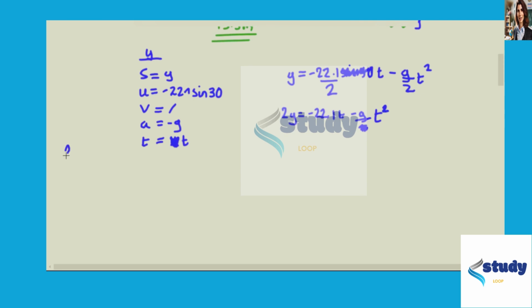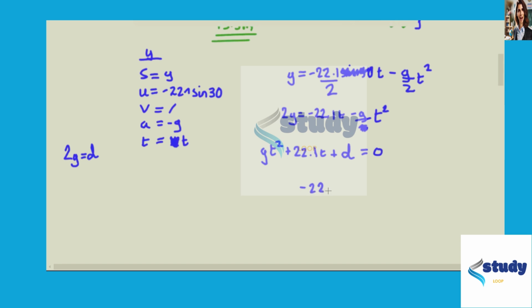Now 2y is equal to the diameter of the target, so we'll replace that with a d. And that leaves us with a very simple quadratic of g t squared plus 22.1 t plus the diameter of the target is equal to 0, and hence we have